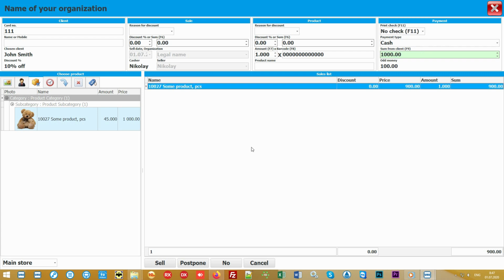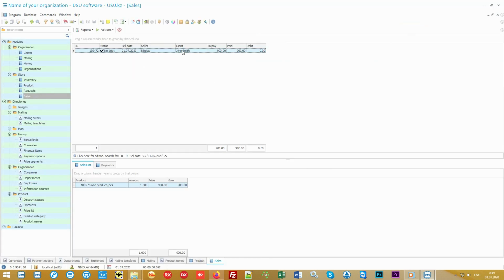Please note that only our software supports deferred sales. This is very convenient if a client, already at the checkout, remembered that they needed to buy something else. While they go for the product, the cashier can calmly let other customers go without spending time on anyone waiting unnecessarily. If necessary, an invoice can be printed out for each sale formed.